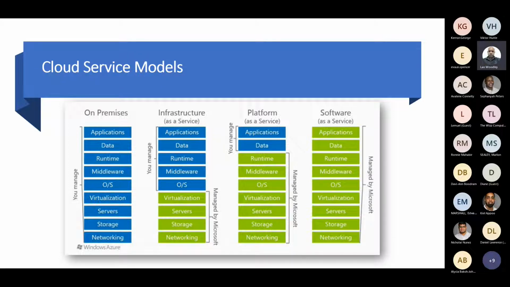Some of the common benefits would be the familiar management experience and the simple adoption model, which is why infrastructure as a service is still common and a de facto standard within the cloud offerings. Next up, we have platform as a service. And you would notice that right off the bat, only two aspects of this particular technology stack are available to be managed by the customer.